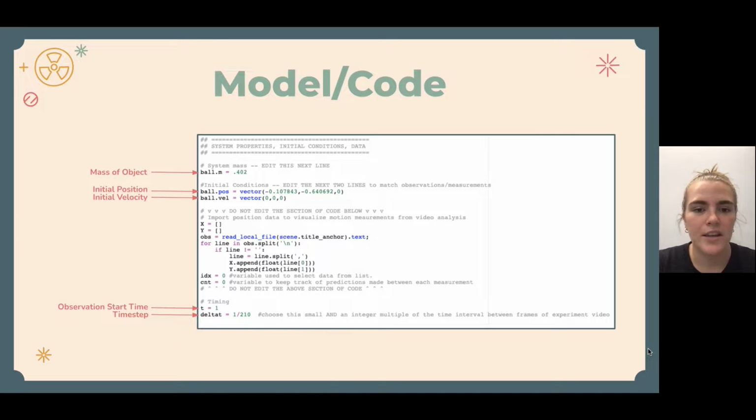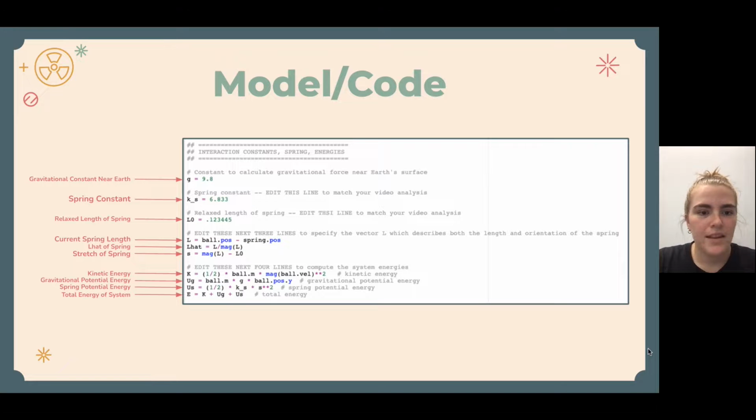So now moving into the model encoding, we first need to look at the system properties and initial conditions. So we first include the mass of the object, the initial position and velocity, and the observation start time and time step. Then we look at the interaction constants, spring, and other energies, where we first include G, which is the gravitational constant near Earth, the spring constant, the relaxed length of the spring, the current spring length, L hat of spring, and stretch of spring, and lastly, calculating the different types of energies involved in the system and total